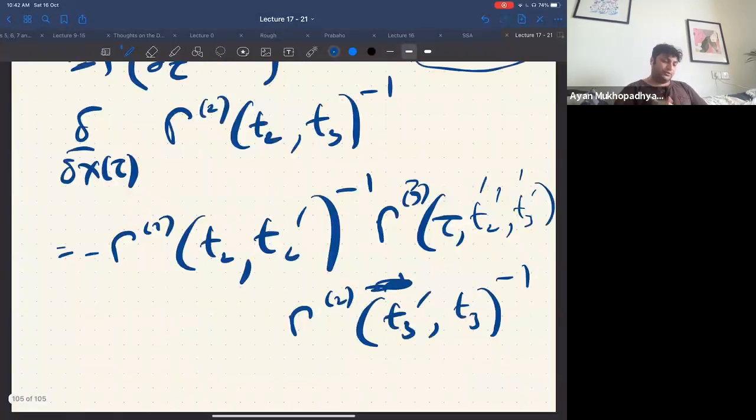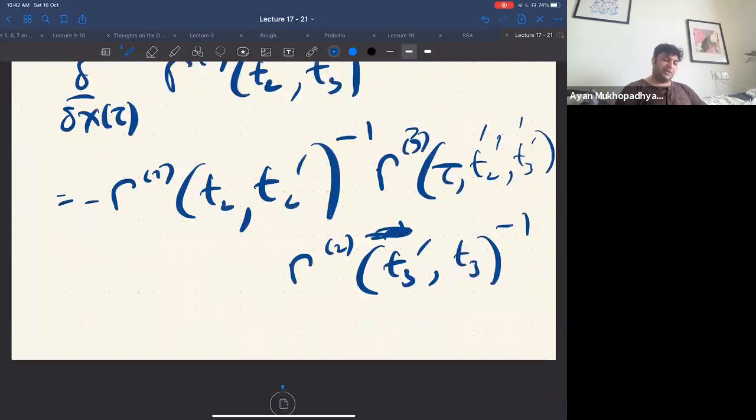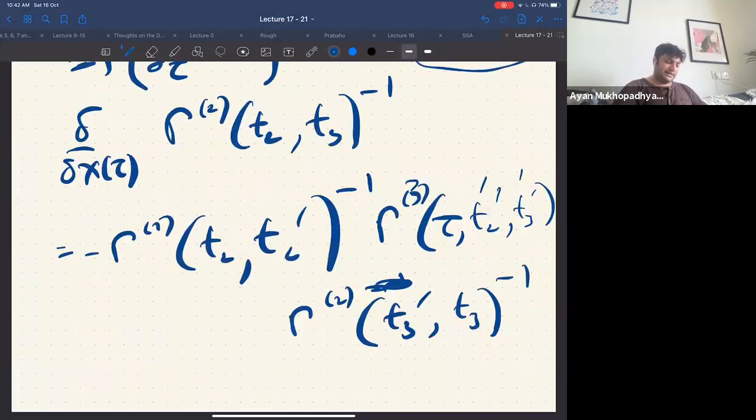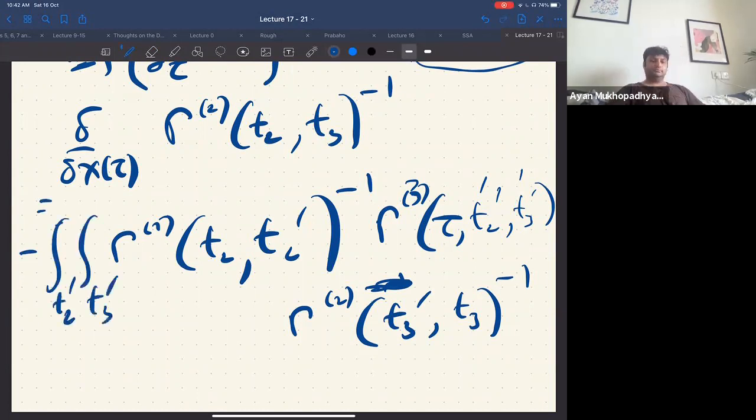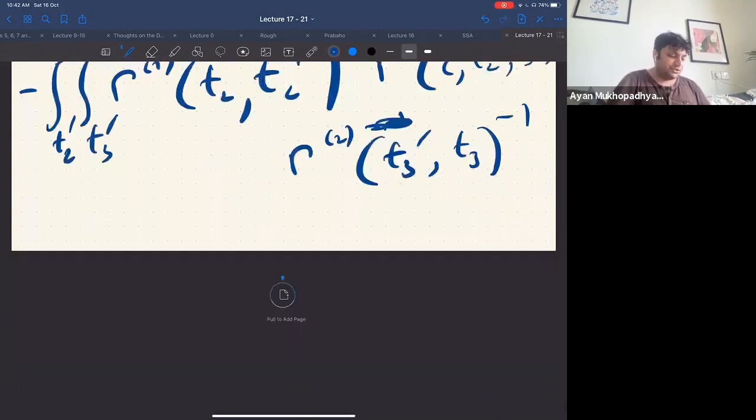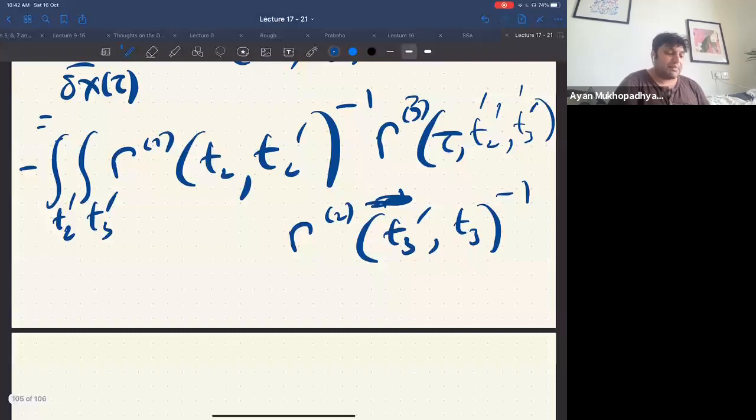But now, of course, because it's a matrix multiplication, there is an integral. First of all, there's a minus sign, and then there's an integral. The two integrals over T2 prime and integral over T3 prime. Is it understood? Okay, I guess you are following it. So then now I know this is the exact propagator. Gamma 2 inverse is the exact propagator, right? So then it follows that